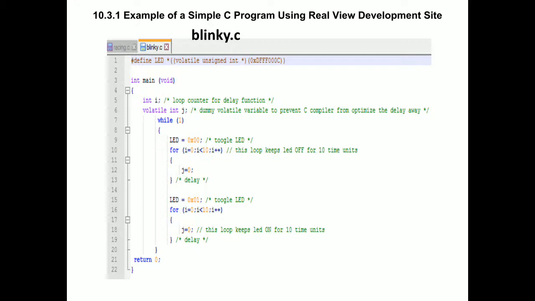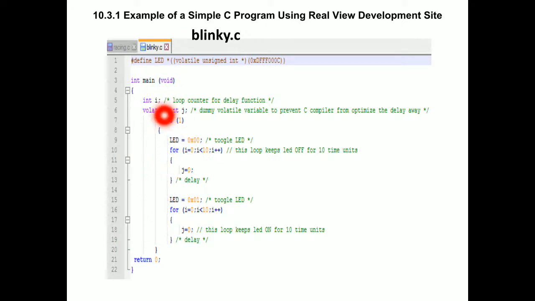The variable is whatever LED we connect to the board. It will have a variable value, and the LED will glow based on the value only. If we give 0, the LED will be off. If we give 1, the LED will be on. Whatever wording I am saying is exactly what is in the programming code. We got a main program.